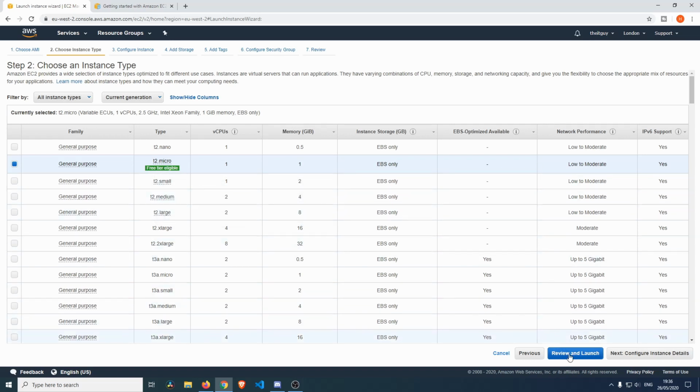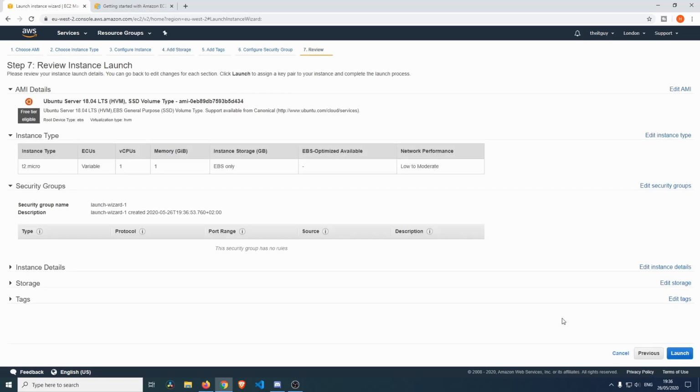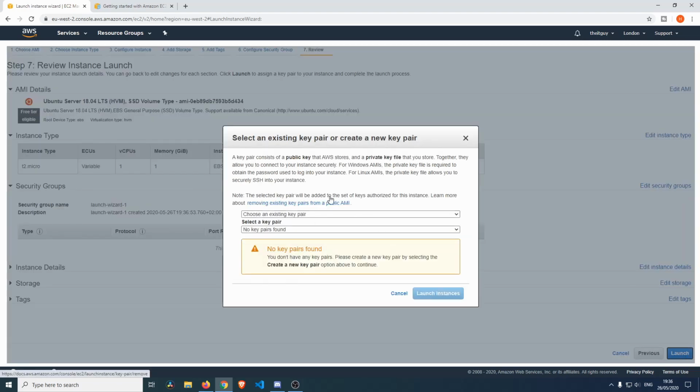Then let's immediately go over to review and launch because we're going with all the default options. If you want to change a few things, you can go over to add storage and change the size of the volumes, but we're not going to do that. For me, I think 8 GB is plenty, so let's go to review and launch and launch our virtual machine immediately. Let's click launch over here, and it's going to ask us to create a new key